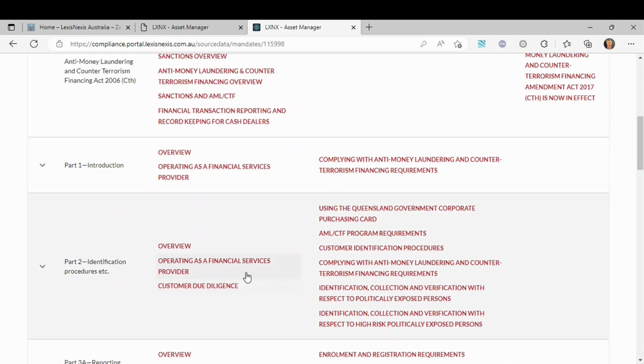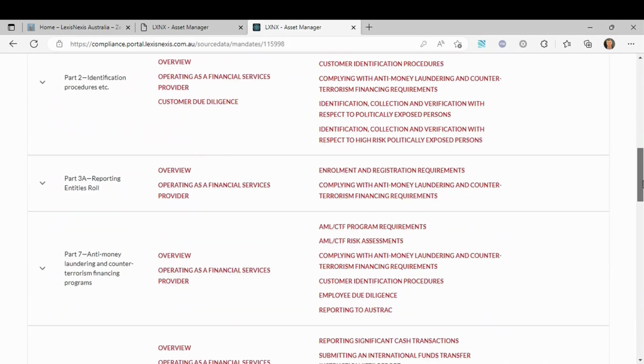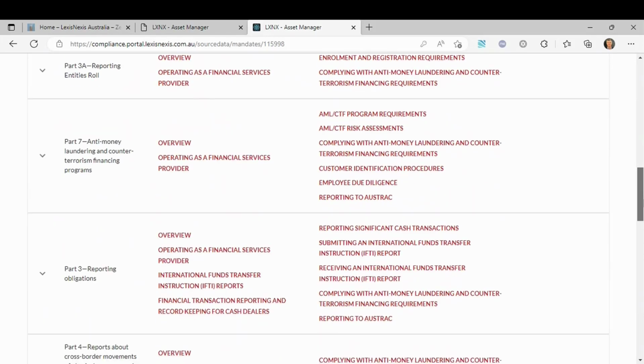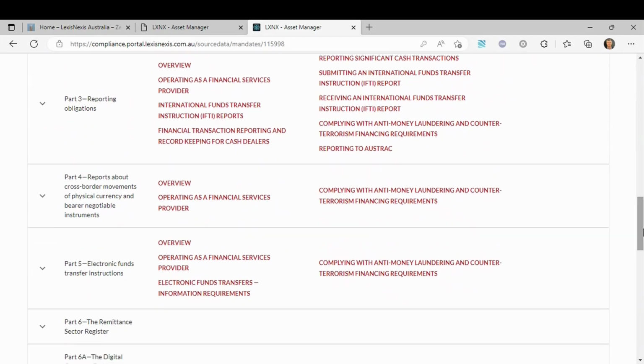Part 2 is picked up in obligations around operating as a financial services provider again, but also looking at customer due diligence. And so on through parts 3A, part 7, part 3 reporting obligations, part 4, and so on. So you can see at once what SourceData allows you to do is not just look at a particular compliance source, but see which particular aspects of a compliance source inform not just obligations, but sub-obligations,